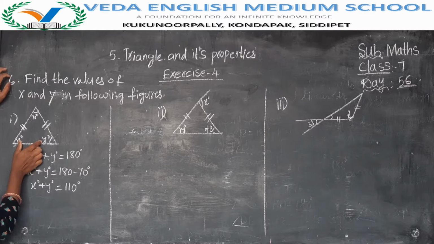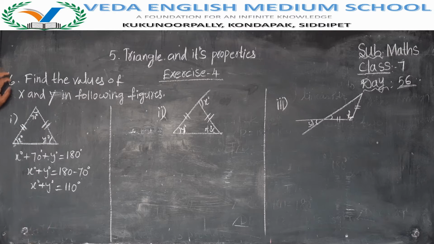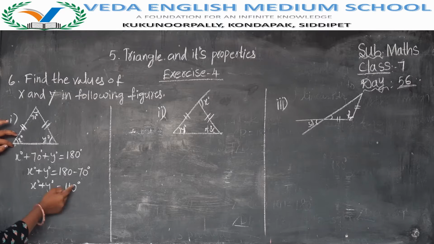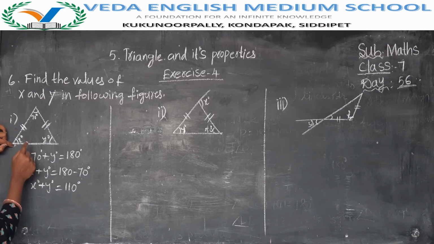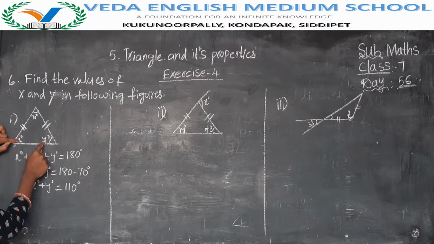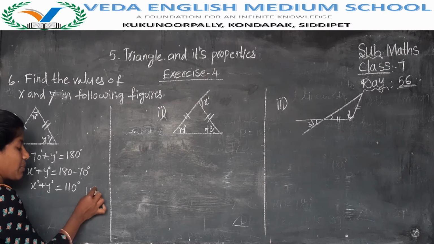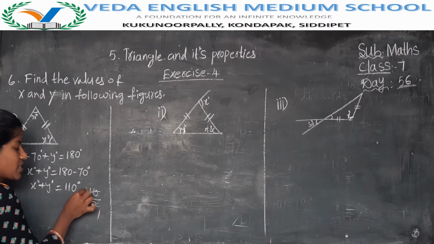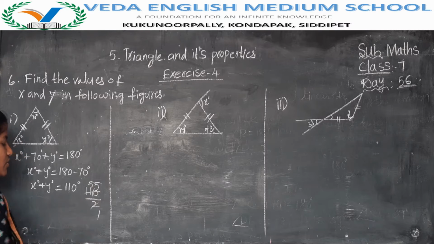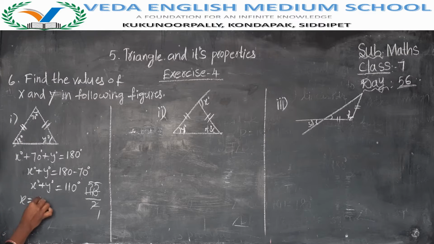Here we have one more point, that is these two angles are equal. ఈ రెండు యాంగిల్స్ ఈక్వల్ అంటే ఇప్పుడు ఈ 110 లో హాఫ్ అని అర్థం కదా. ఈ రెండింటిని కలిపితే 110 వచ్చేలాగా ఉండాలి. అప్పుడు ఏమవుతుంది, then x is equal to y is equal to 55. 110 by 2, 2 5s are 10. So x is equal to y is equal to 55 degrees. X is equal to 55, y is equal to 55 degrees.